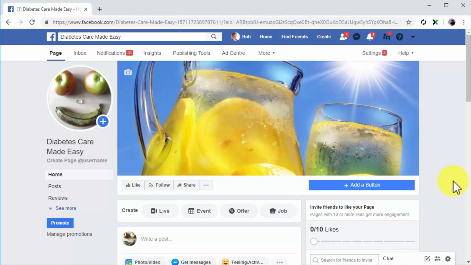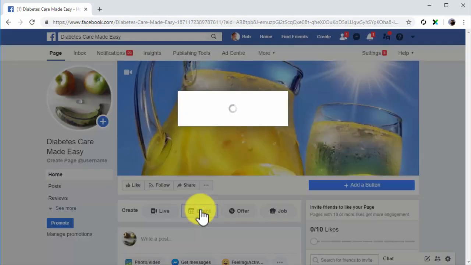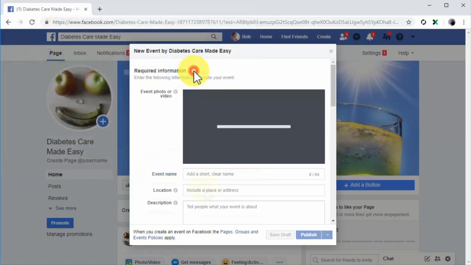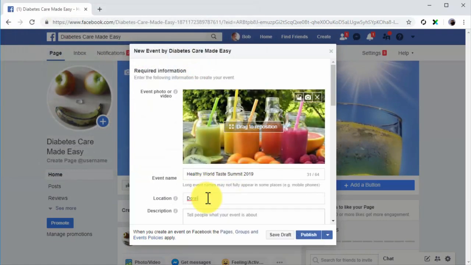To create this type of audience, you will need to set up an event first. Start by going to your Facebook business page. Now click on the Events button. Now you can start customizing your event by adding a promo photo or video, the event name, the location and